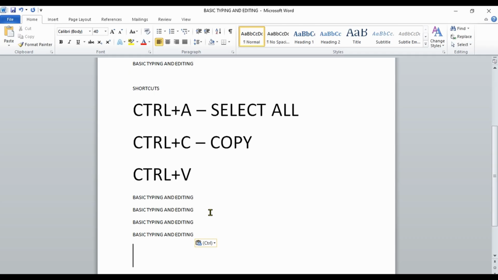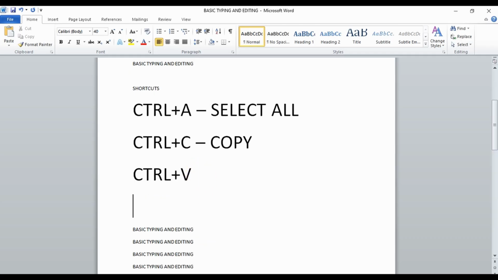You have seen also how to cut, and the shortcut for this is Control plus X. Here you cut from the source. Another thing, there is another